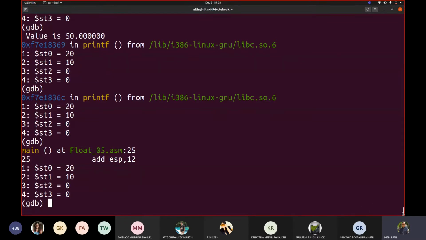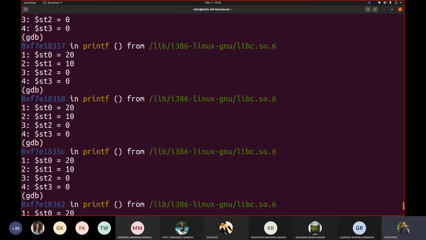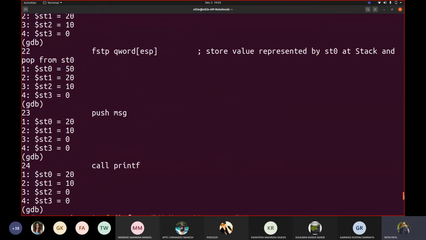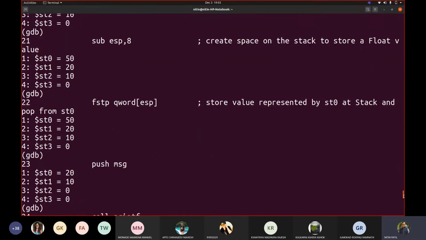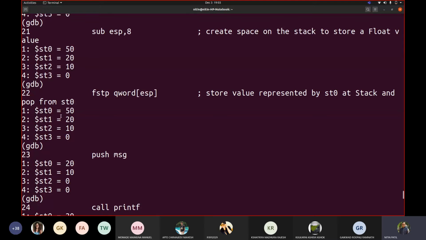Why? Because we wrote FSTP. When that FSTP got executed, after this instruction, the next instruction of push MSG, that time only that ST0 was popped. Are you with me? Understood now?